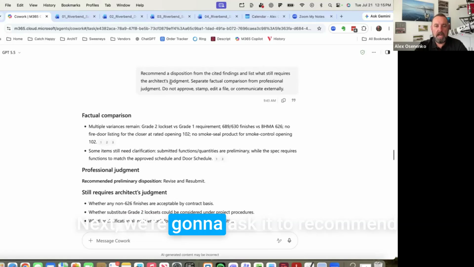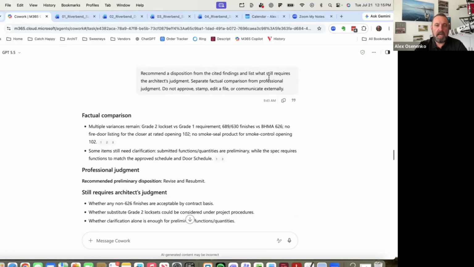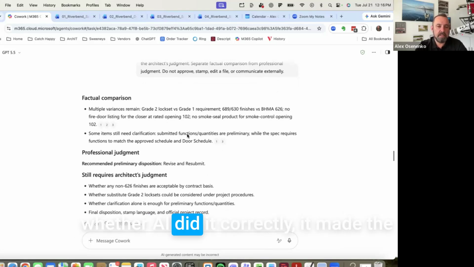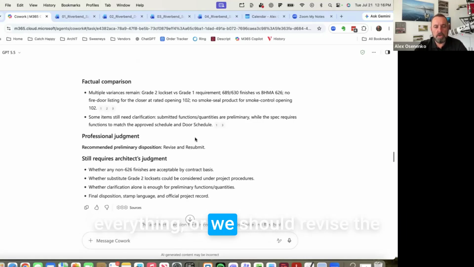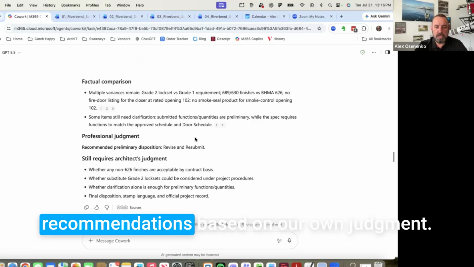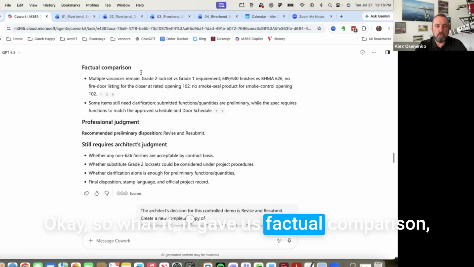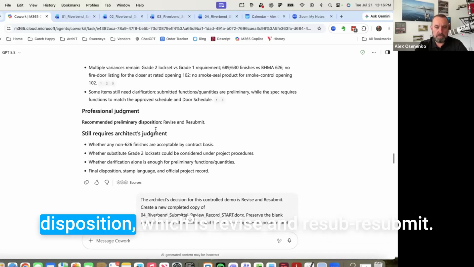Next, we're going to ask it to recommend a disposition from the cited findings. And then we are going to stop right here and use our own judgment in order to decide whether AI did it correctly. It made the comparisons and we've double checked everything, or we should revise the recommendations based on our own judgment. Okay, so what it gave us is a factual comparison, and it gave us a recommended preliminary disposition, which